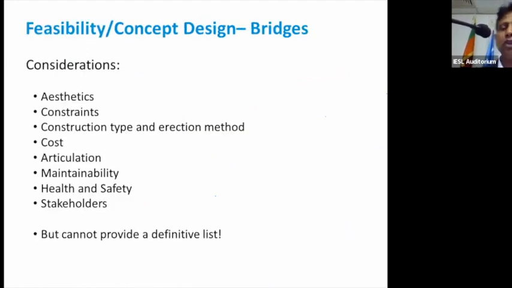Now, what do you look into at this feasibility stage? Some of the considerations, but I think it's difficult to write up a definitive list. But just to start up with that, there are certain areas I would say that you should be looking into, as you see from this slide. But we will go through a little bit in detail, discussing each and every aspect. Okay, this